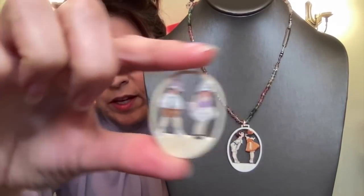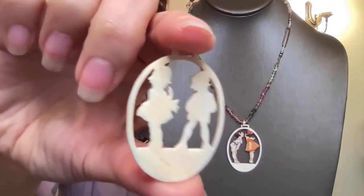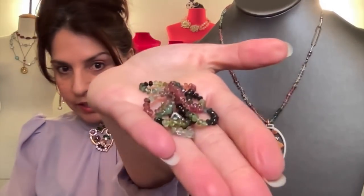Isn't that wonderful? And look at the back of them. These are amazing. I've had them since I was in my 20s, so that's part of the reason why they're in the condition that they're in. But I was very inspired, and I did the darker tourmalines, as you can see. And then I moved on